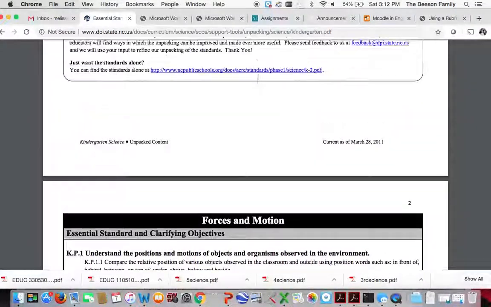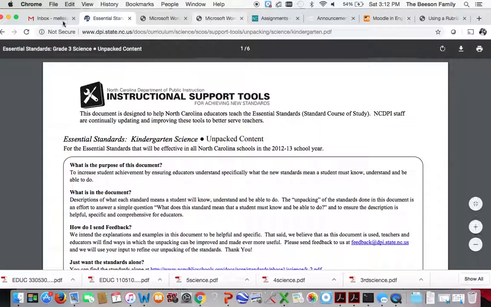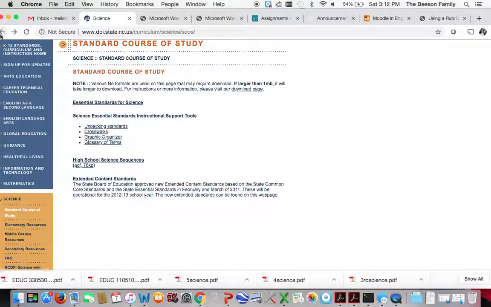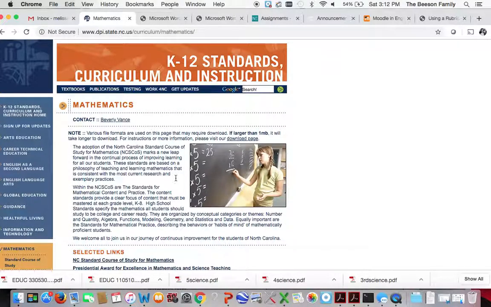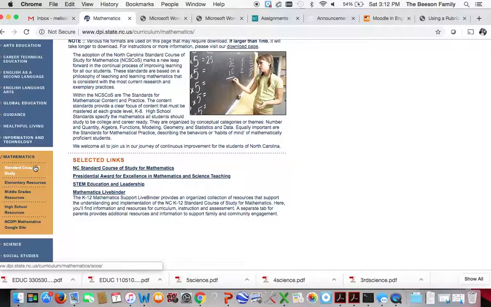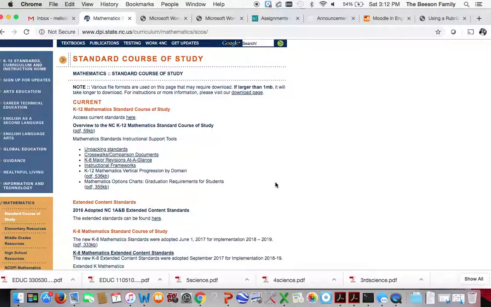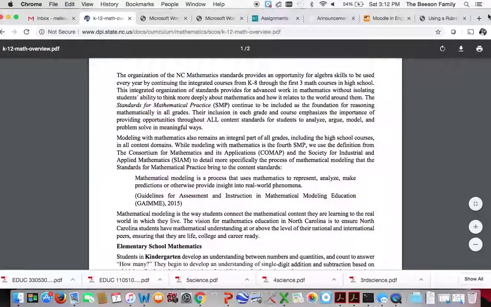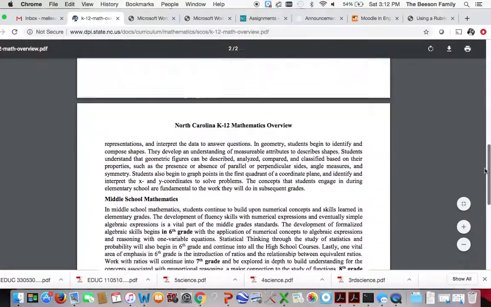I think that is really helpful with math. I know I use the unpacking standards often in math. If we look back at math, we'll see if it's still linked the same way. You see there are links here, but remember I can go to Standard Course of Study and see this one's linked a little bit differently. Instead of it being, I can click on this, there's the link. I don't know why they do it differently for each content area. You see this one looks a little bit different